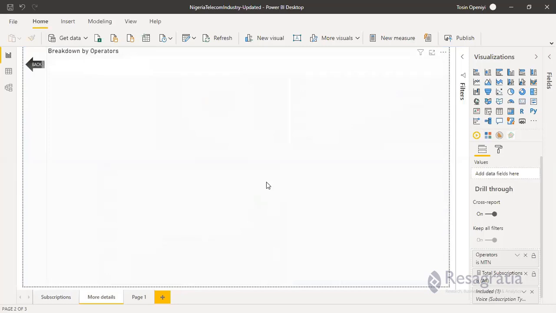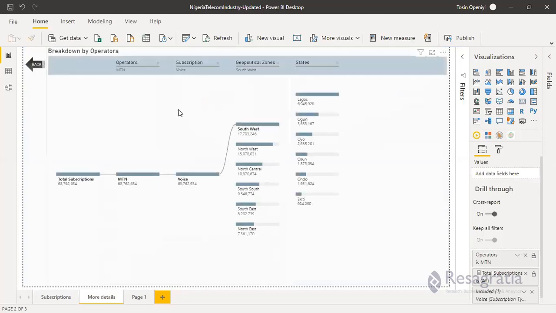So with that drill through button, we have this. This is the total subscription as at the fourth quarter of 2019. Then for MTN we have this value, showing total subscription for MTN.